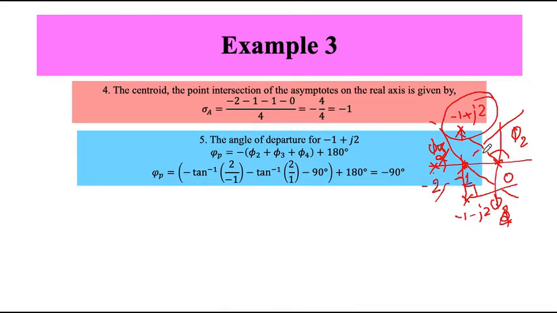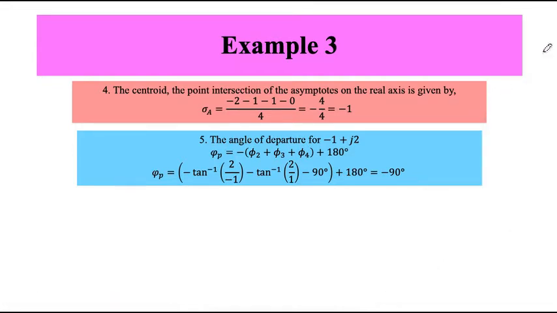So this guy will vanish, but still, you can also see the symmetry, so it just vanishes. It will just come on this side. I will just redraw it once. So the angle of departure for these two poles, again if you see, is minus 90 degrees, so it is moving like this. This is moving in this direction, it is again in this direction, this is in this direction.